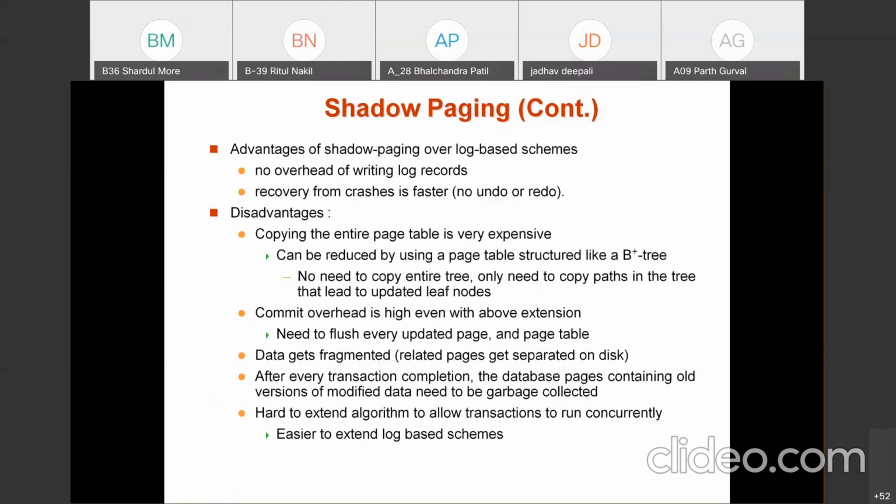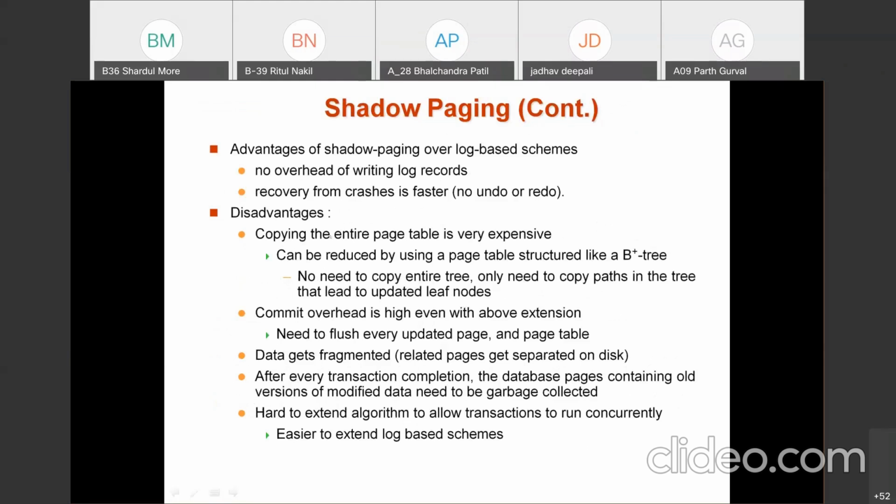So the advantages of shadow paging over the log based recovery scheme are that there is no overhead of writing the log records. It is not necessary to write log records here. Recovery from the crash is faster. Why? Because undo and redo operations are not there.